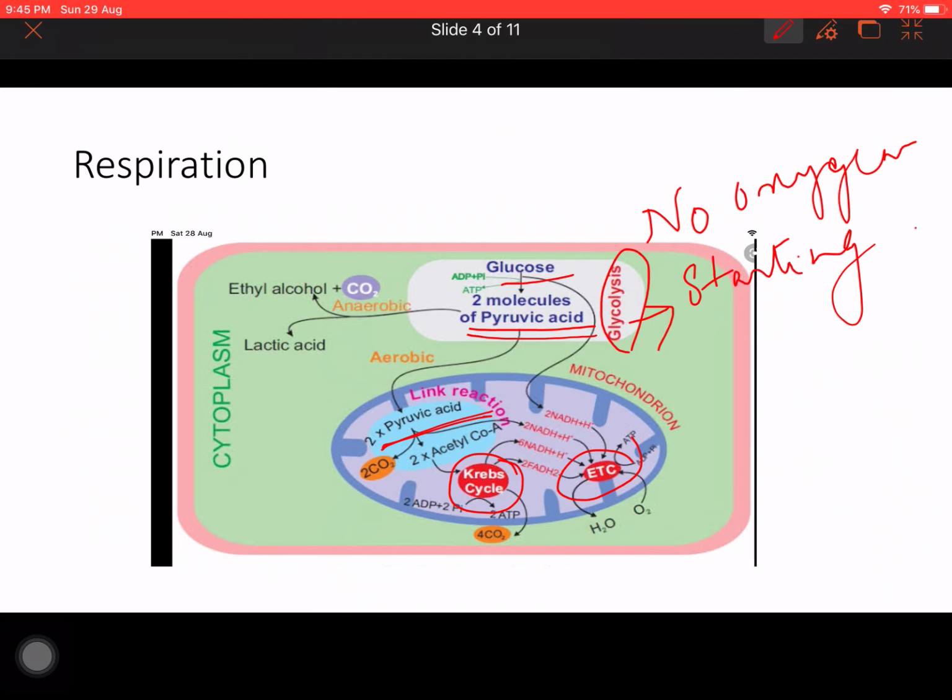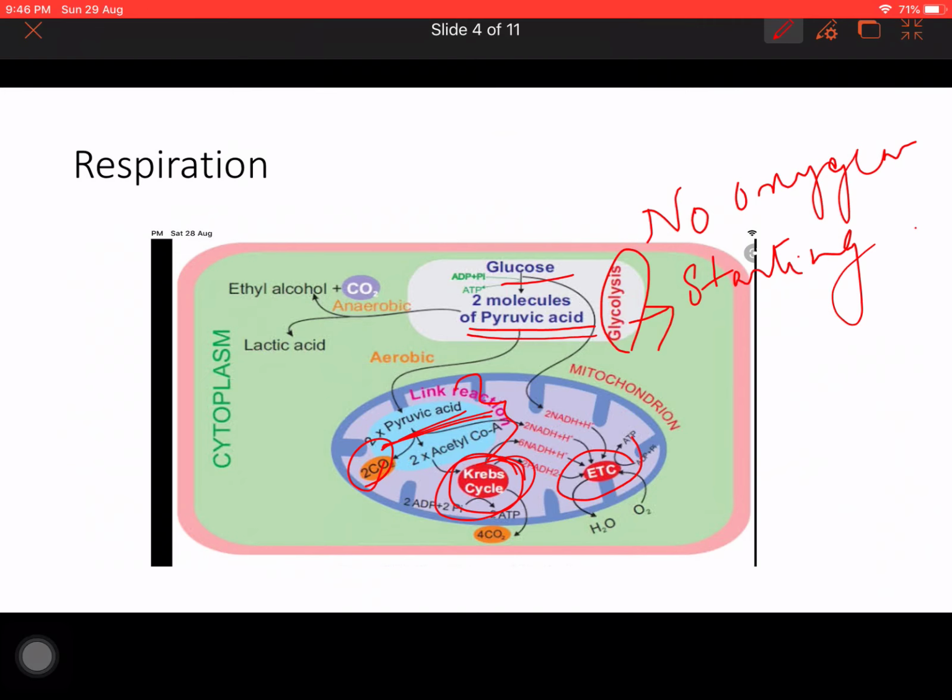During aerobic respiration, sufficient oxygen is available, so each pyruvate molecule enters the mitochondria, where it is completely oxidized to form CO2, and water is also formed as an end product. This takes place in three steps. First is pyruvate oxidation, next comes the Krebs cycle, also called the tricarboxylic acid cycle,